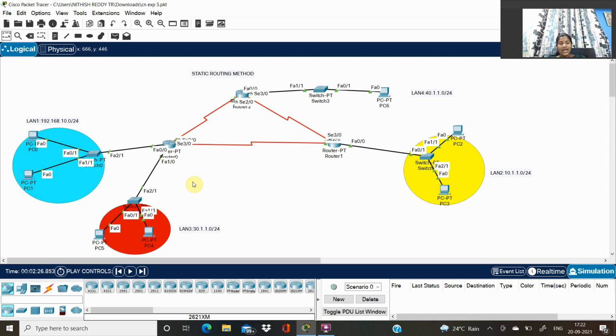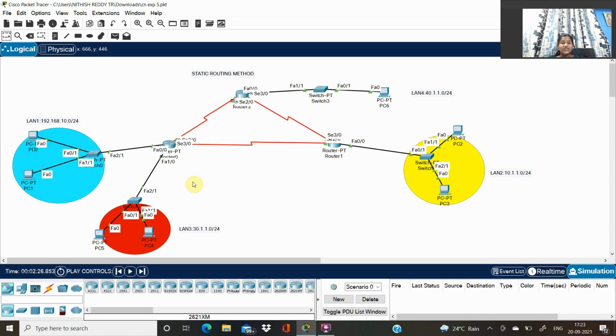Today we are going to discuss static routing. What is meant by static routing? Static routing is a form of routing that occurs when the router uses a manually configured router entry rather than information from dynamic routing traffic.